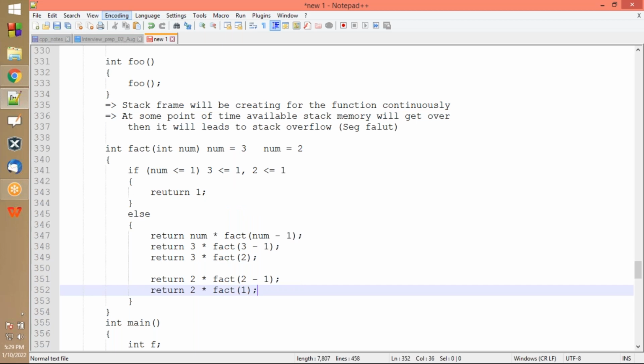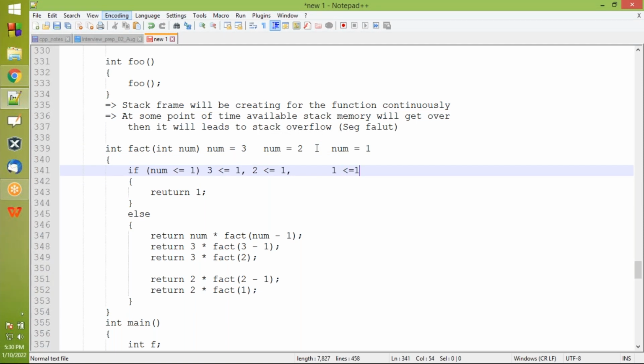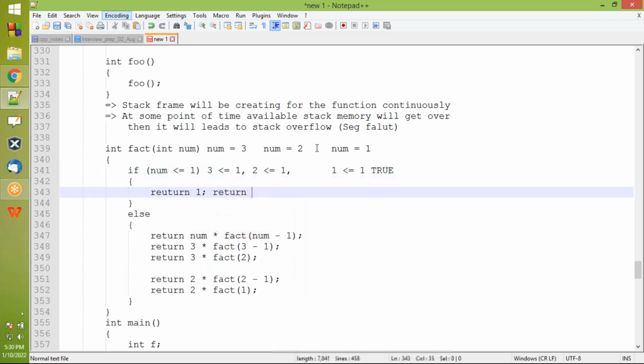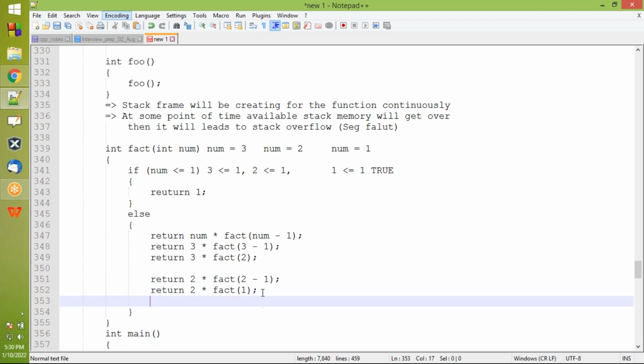If we again call the same function, num value equal to 1. So 1 less than or equal to 1, condition true. Condition true means return 1. Okay, so 1 will return to where? So 1 will return to where you call the function. So 1 will return to here. Okay, so 1 will come here. So that's why